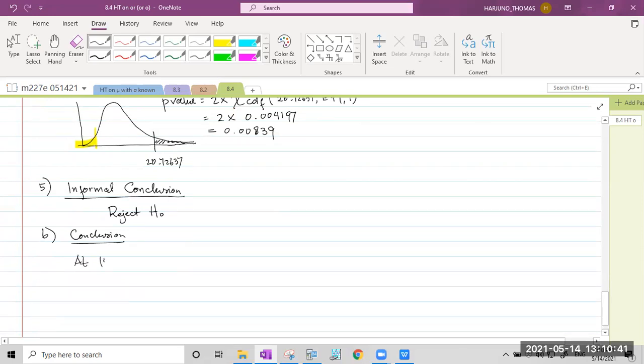At the 1% significance level, there is sufficient evidence to reject. Remember, because the claim is with the null hypothesis. So there's sufficient evidence to reject the claim